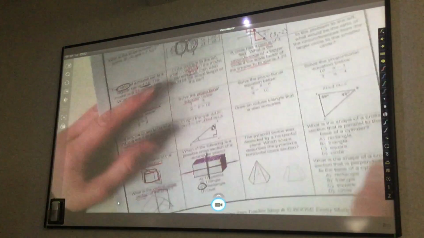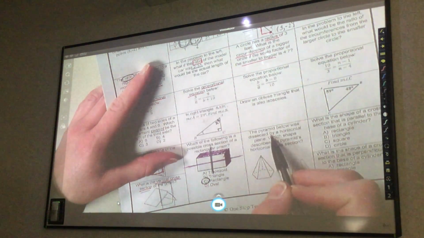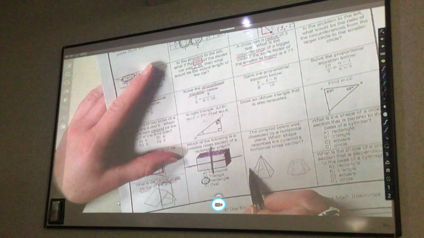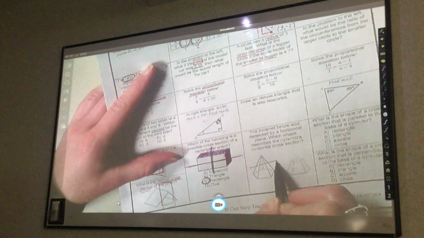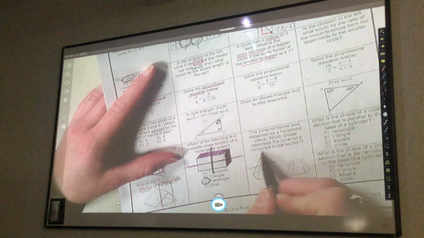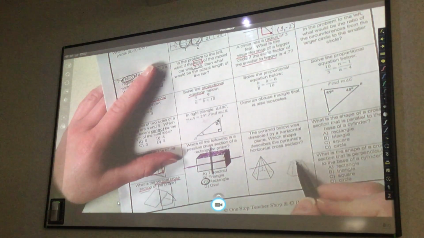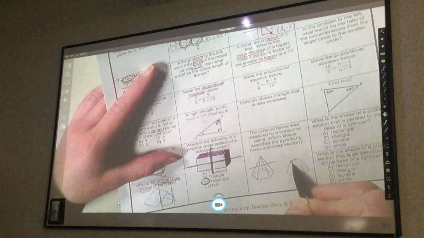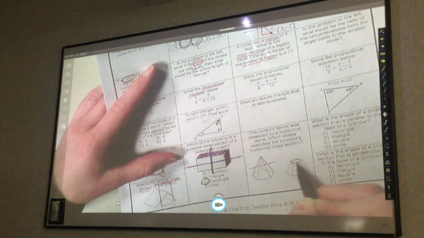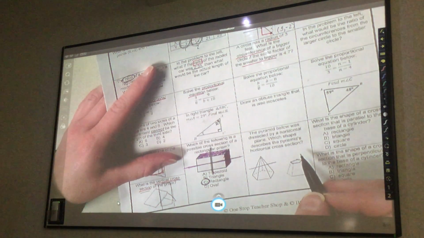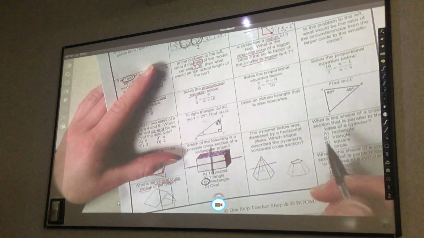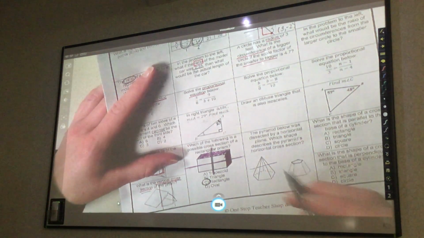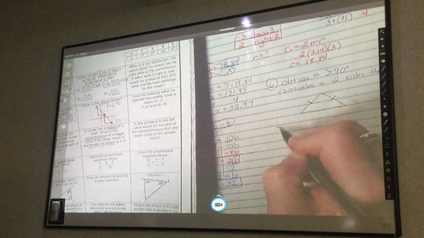And number 7, the pyramid below was dissected by a horizontal plane, so that would have been right through there. Which shape describes the pyramid's horizontal cross section? That is this right here. That would be the horizontal cross section. What is that shape? Pentagon. Their answer for number 7 is